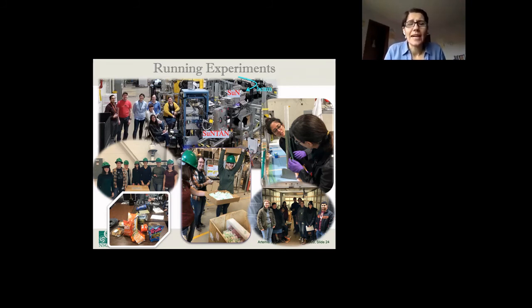And I'll say snacks are important. I've run experiments where there are no snacks and there's no energy for anyone to run. So this is an actual picture of our experimental station where we run. The equipment is in the experimental halls and we're sitting outside. And this is what it looks like at the desks where we're sitting and collecting data. And this was actually a healthy day. Usually it doesn't look so healthy.